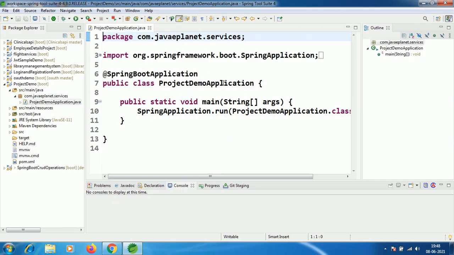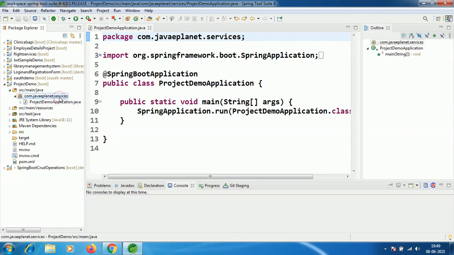Here, this is the Bootstrap class. We have already discussed @SpringBootApplication, and the run method, which is a static method called by SpringApplication, which is a class. We have already discussed all these things in the last video.